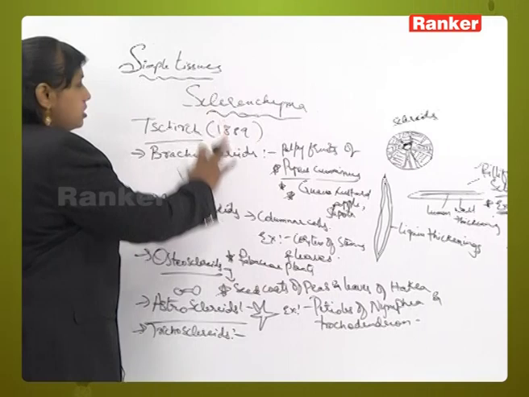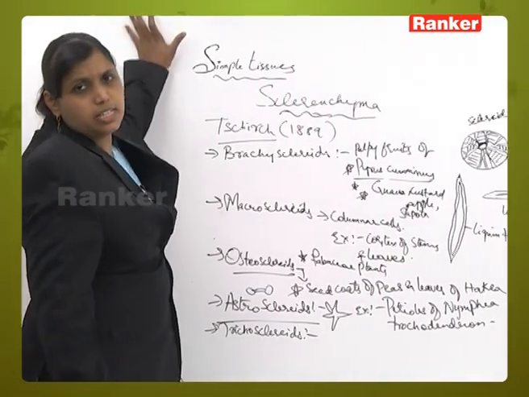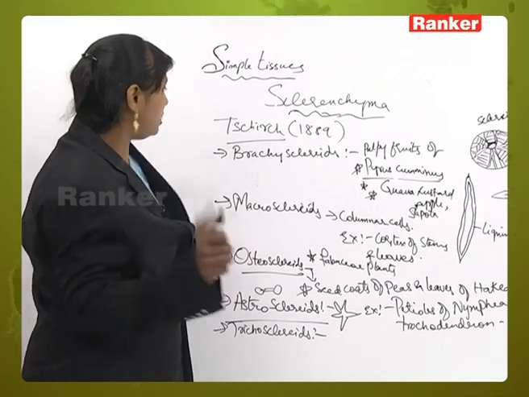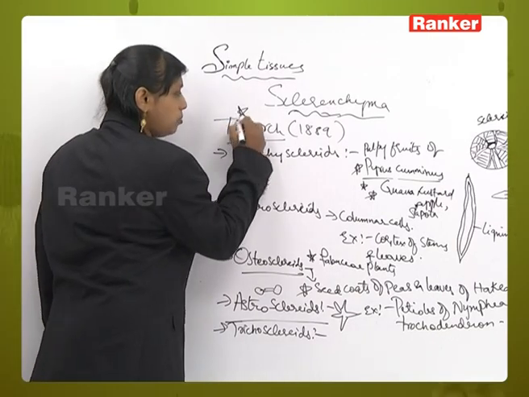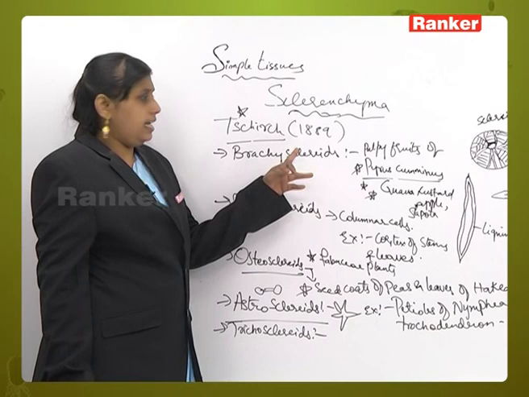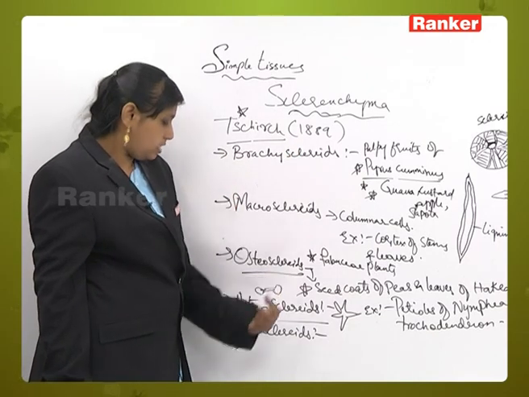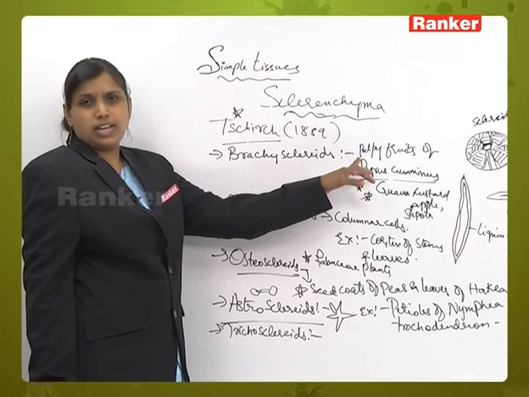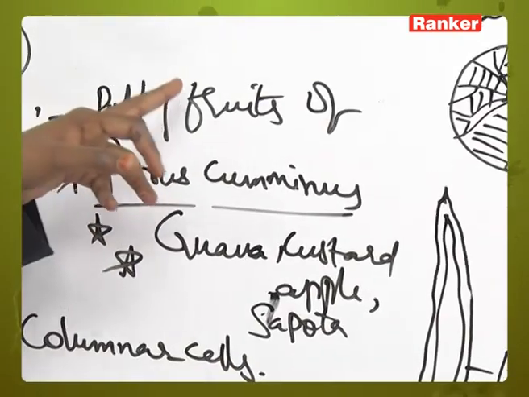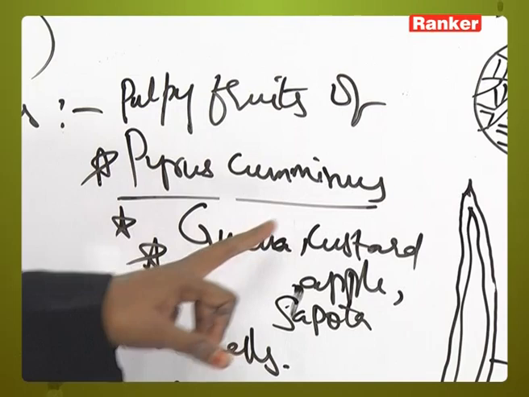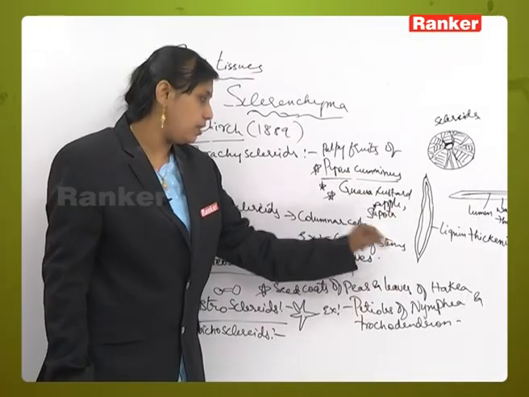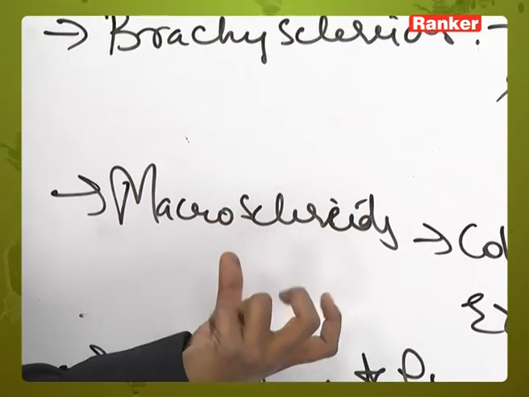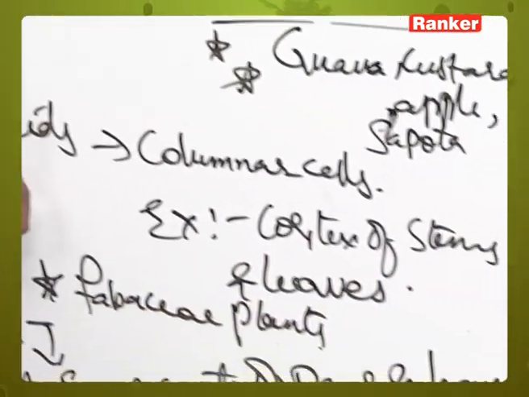So, this is about sclerides or stone cells in the Sclerenchyma. Basically, stone cells are also called sclerides. According to the classification, this name is important, Sclereid in 1889 divided the sclerides into 5 types. Brachiosclerides are more or less like parenchyma cells, present in the pulpy fruits of Pyrus, guava, custard apple and sapota. Next, Macrosclerides, where the cells are columnar in structure,